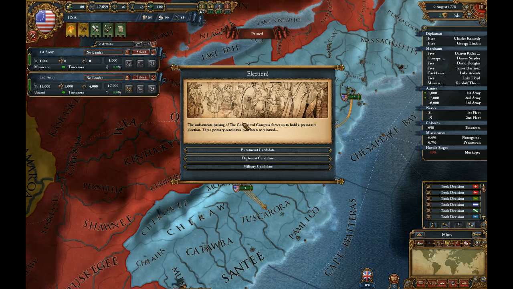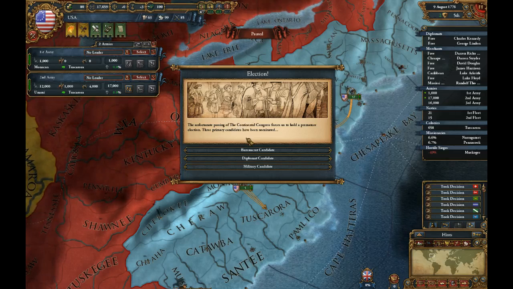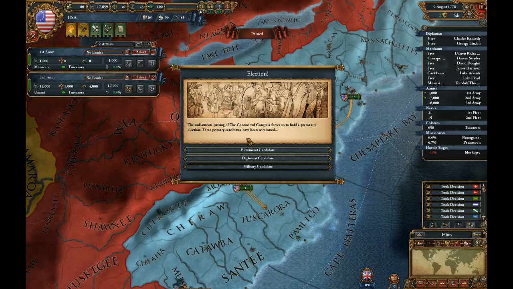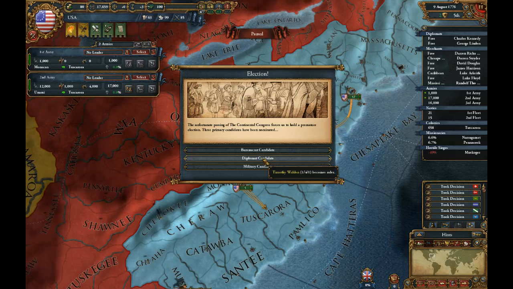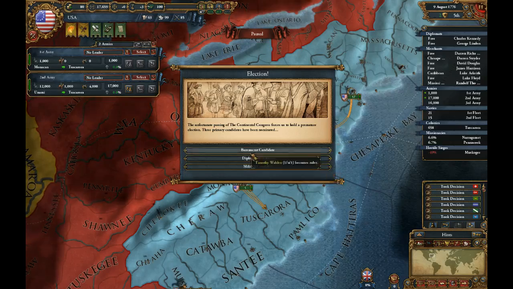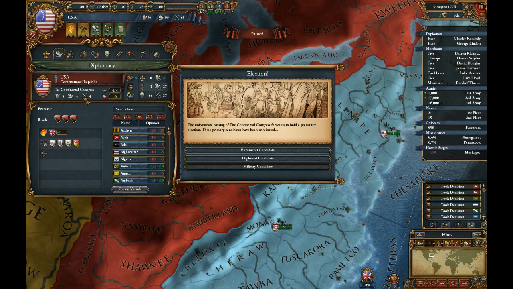Perimeter, let's see. The unfortunate passing of the Continental Congress forces us to hold a premature election. These 3 primary candidates have been nominated. Right, so we have a bureaucrat candidate, a 411 ruler, a diplomatic candidate, a 141 ruler, or a military candidate, 114, okay. So that awesome amount of stats we were getting before, which we will look at here, you can see we're at 554. We're about to lose that. So